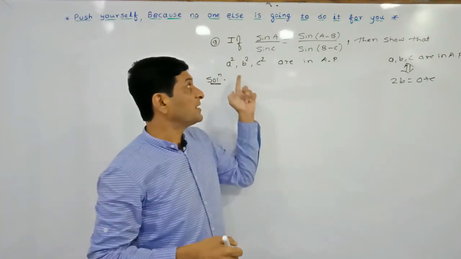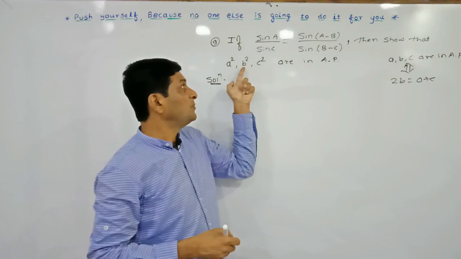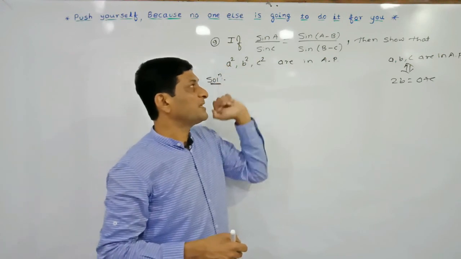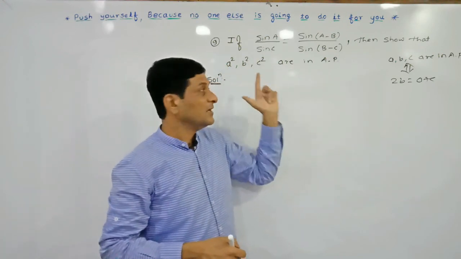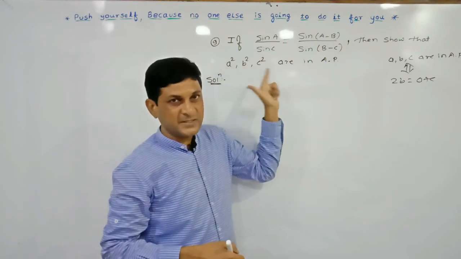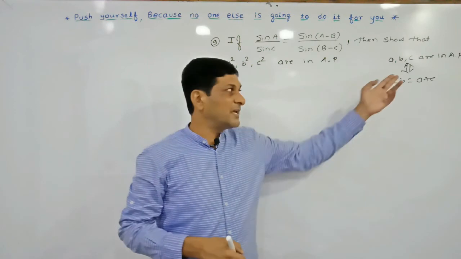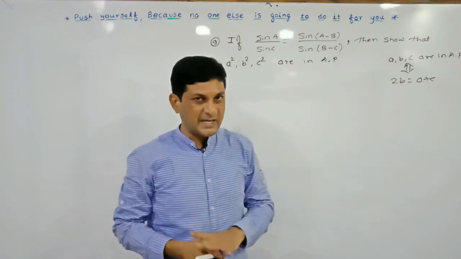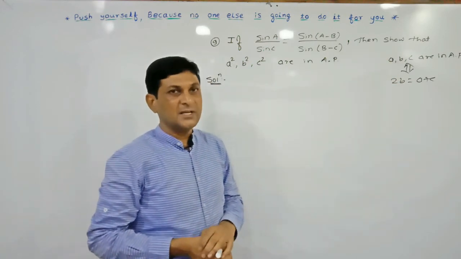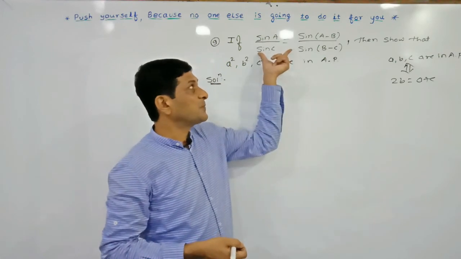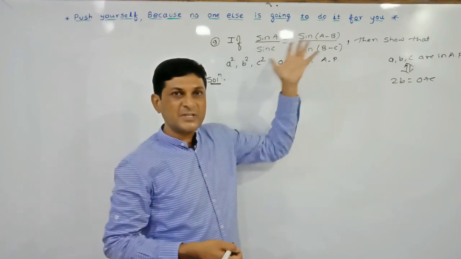To get our required result, we have to show that 2b square is equal to a square plus c square. If we are able to get such an expression, then we can say that the three terms are in arithmetic progression. Now if you observe, the given expression is in terms of capital A, capital B, capital C, meaning in terms of angles,